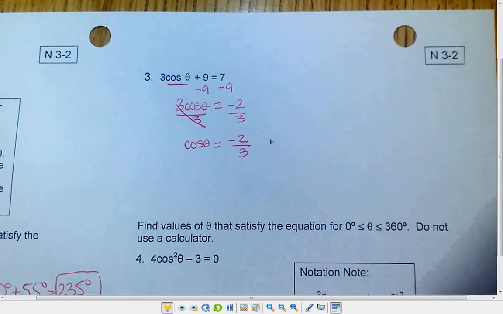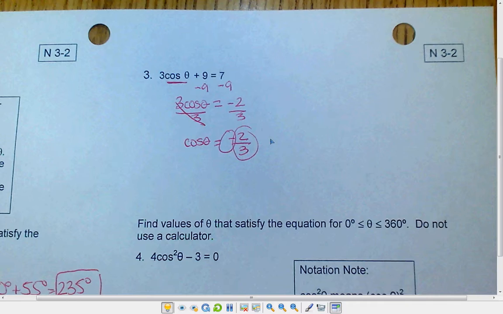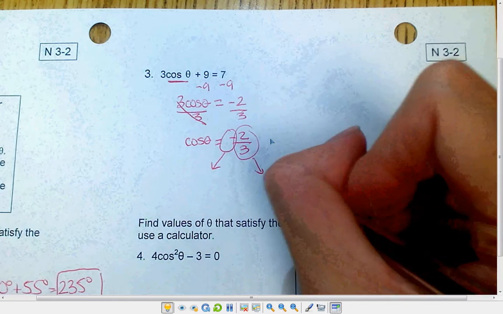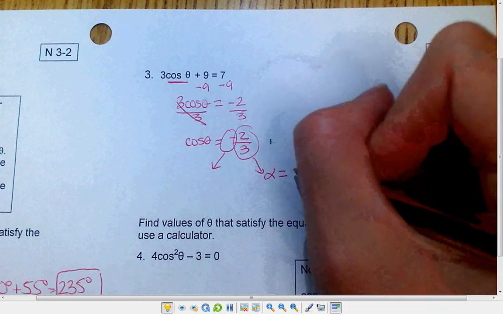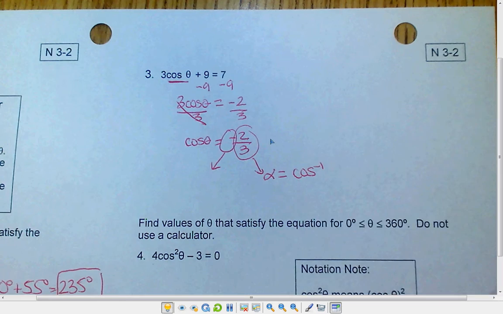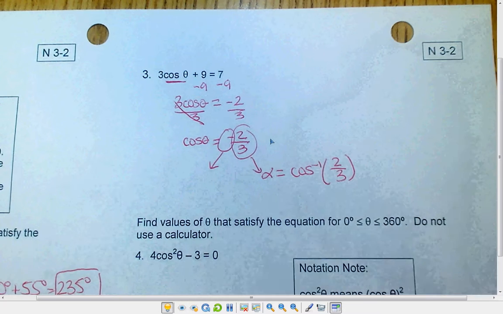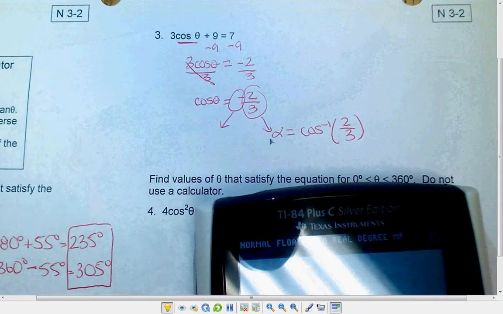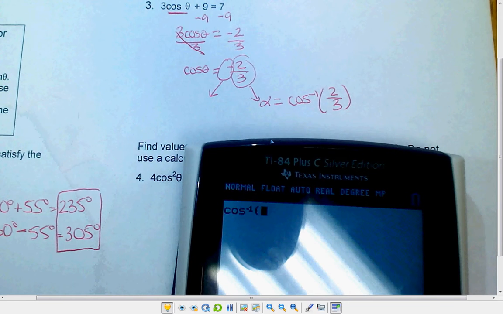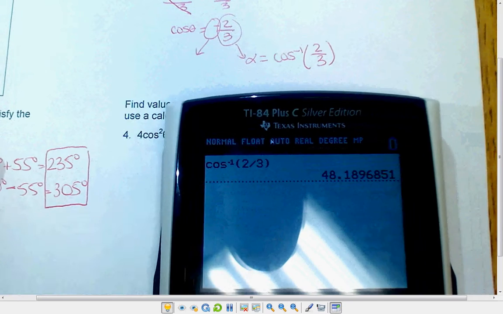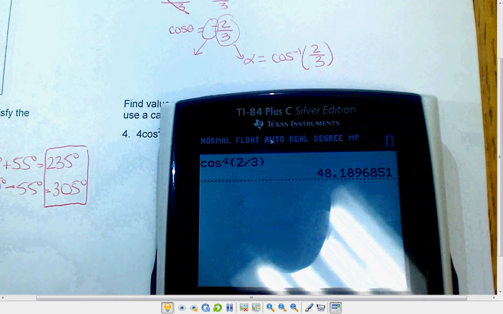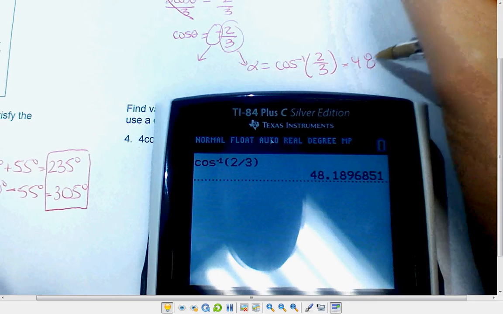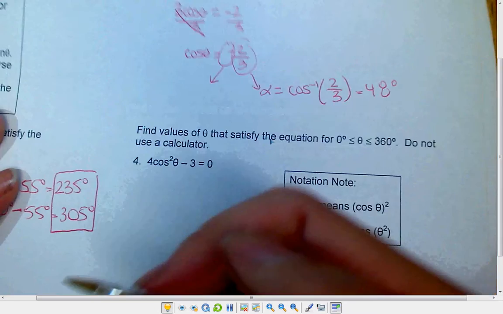Here, cosine is one of our main functions. We don't need to do anything to it. We have two different parts though. So again, we're ignoring the negative part. When we put this into our calculator to find that reference angle, we're using cosine inverse of 2/3. Again, you're ignoring the negative part, so you should not be putting negative into your calculator ever while we're doing this. So we have cosine inverse of 2/3, and that gives us, rounding to the nearest degree, 48 degrees. This is our reference angle, and because cosine is negative,